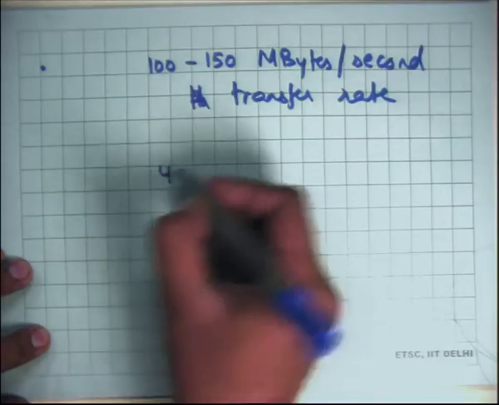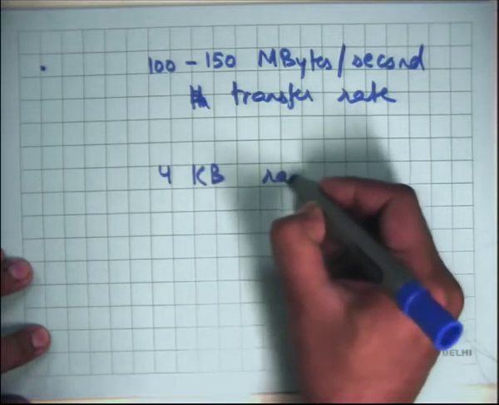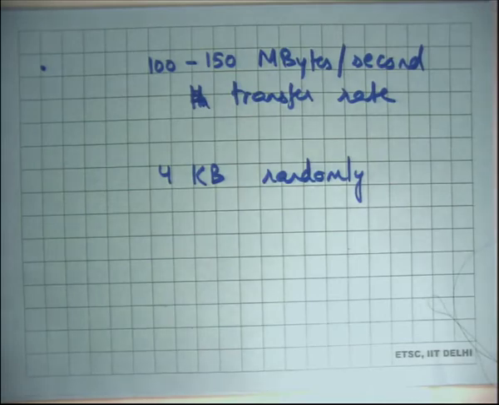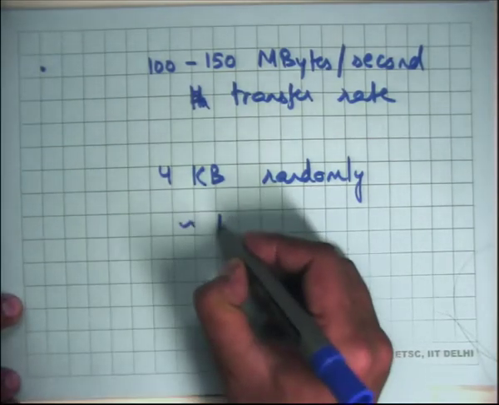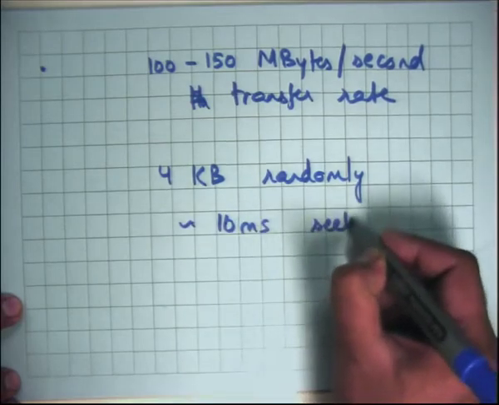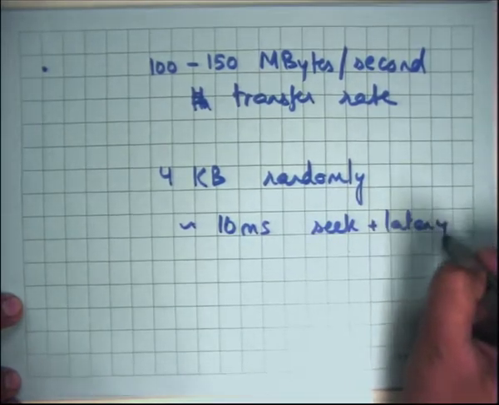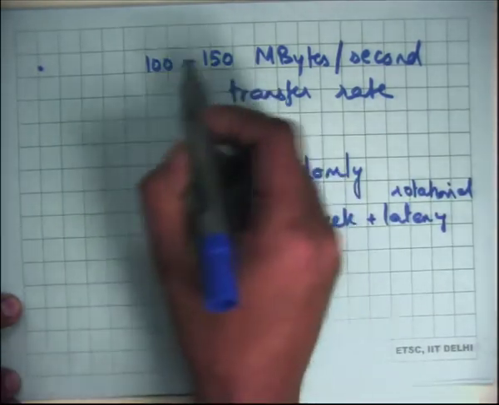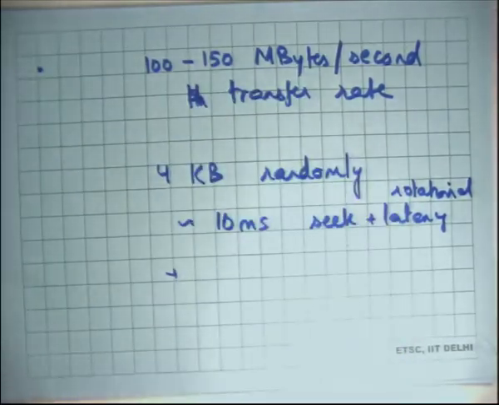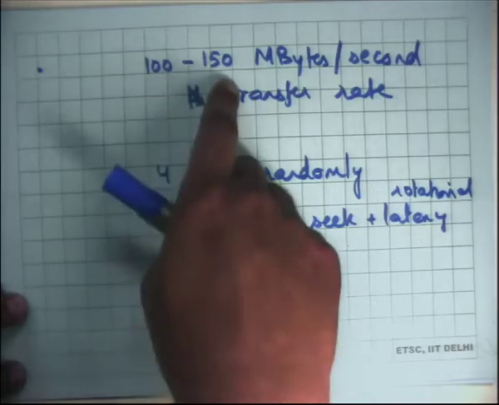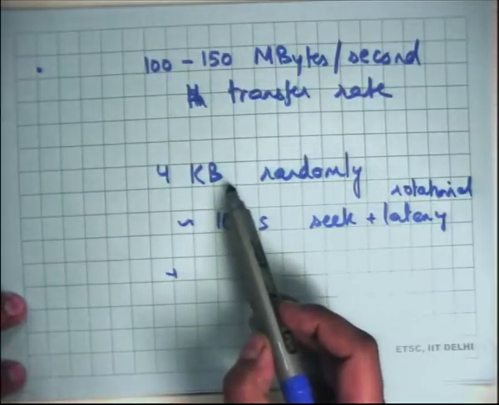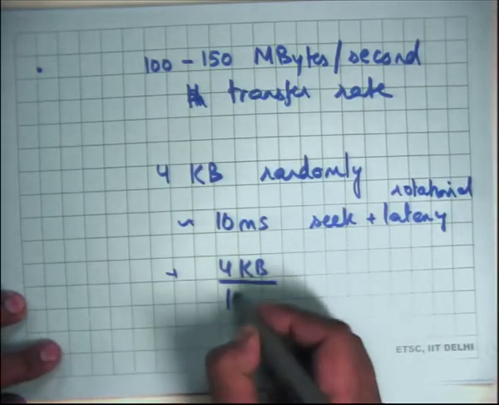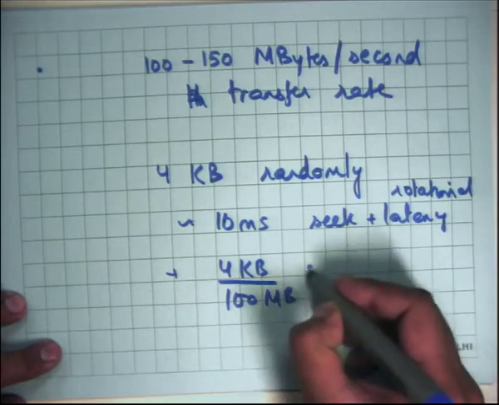read 4 kilobytes randomly from somewhere, I have to actually do seek and latency, then I'll have roughly 10 milliseconds of seek plus latency, where by latency I mean rotational latency, right, plus there will be some data transfer time, which will be the time it takes for 4 kilobytes to go under the head, and assuming 100 to 150 megabytes per second, 4 kilobytes will probably take 4 KB upon 100 MB per second, right. So that's